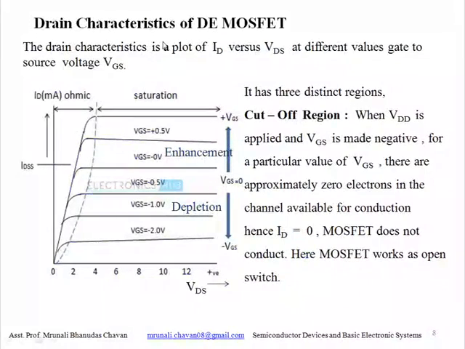Now we have to see the drain characteristics of DE MOSFET. This graph shows the characteristics. It is a plot of ID versus VDS at different values of gate to source